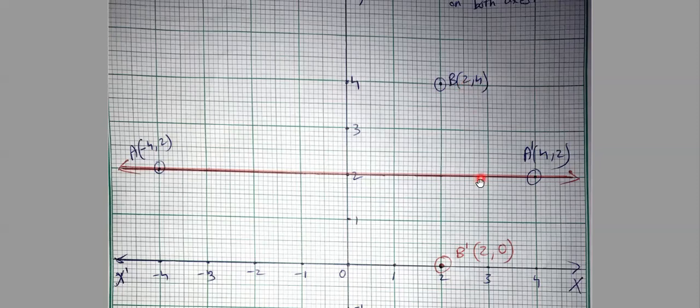So 2 was here also, and this 2 remained the same. And of course, the y coordinate will be altogether a new thing. Because here we took the concept that because A dash is the line, the object is two boxes above, so the image is two boxes below. But the concept behind it was that because my reflection axis A dash was parallel to the x axis, the x coordinate will not change. So B dash is the image.